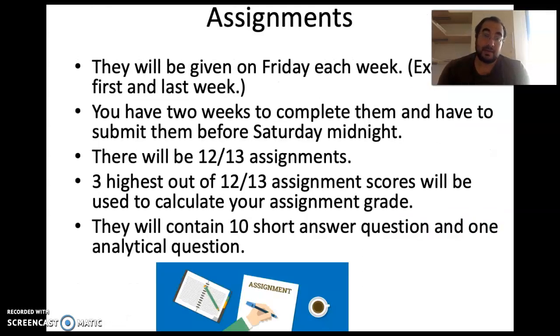Last time I left off where I introduced you to the regular assignments and the rules on the assignments. In addition to the 12 or 13 regular assignments you have in the course, you will also have an additional 12 or 13 alternative assignments, and you should submit 3 out of the 24 to 26 assignments, which means you might wait all the way to the end of the semester and just submit in the last week, even the week after that, in the week of finals,